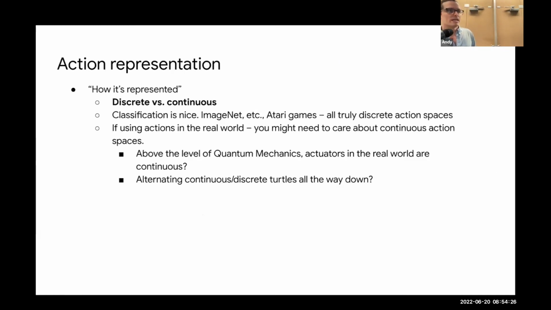In addition to which of those two different versions I talked about you are doing, there are other ones, but those are the two main ones. Another question is how the action is represented. The key thing here is discrete versus continuous. Let me just quickly say that